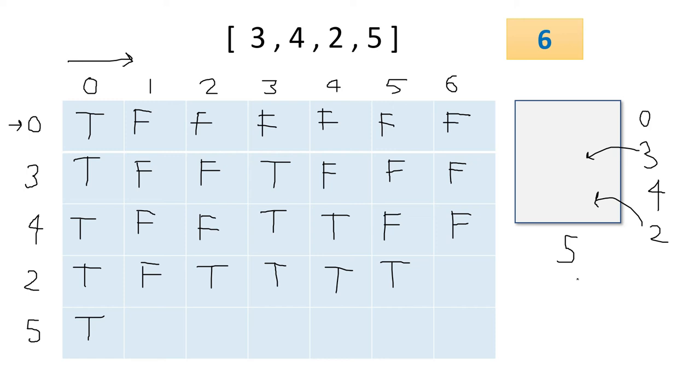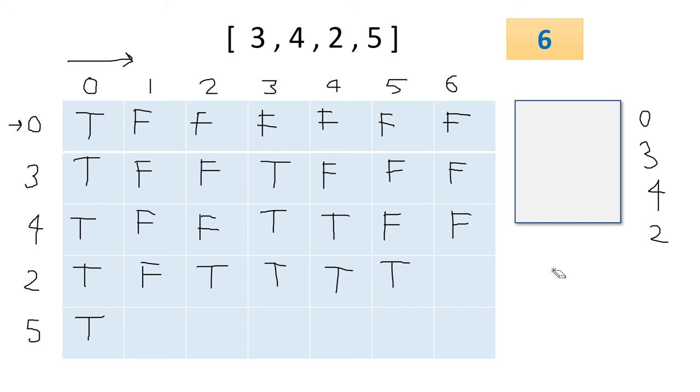So here is the beauty of dynamic programming. I know that I can contribute 2. Then I am checking 5 minus 2, that is 3. For that remaining 3, has anyone already contributed or not? So that's why I am going to this third cell and checking, yes, it is true. Means using 3, you can fill this up. So 3 is already filled up and I am contributing 2, then 3 plus 2 together is 5, so we are good to go. That's why it is true.